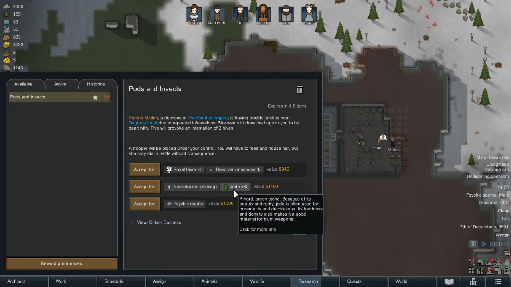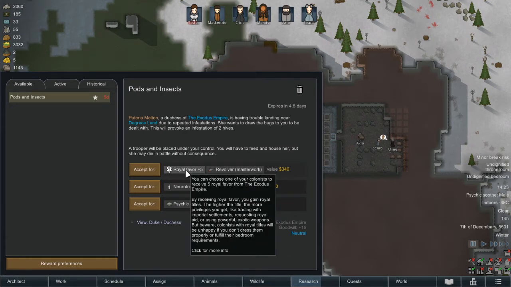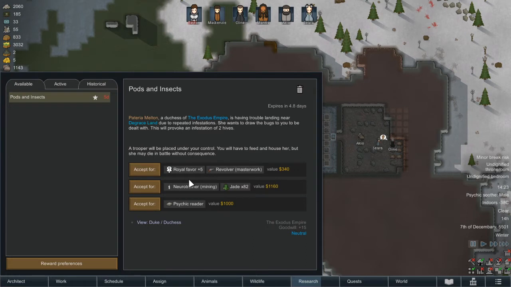But I can make some jade statues. This, I'm not going to accept for Royal Favor and a Revolver Masterwork, because having a Masterwork Revolver kind of sucks. And this 5 Royal Favor is unnecessary. It will help my character's ability to get psi powers, but that's not really what I'm looking for. I think having the Psychic Reader is probably the best option here, and...